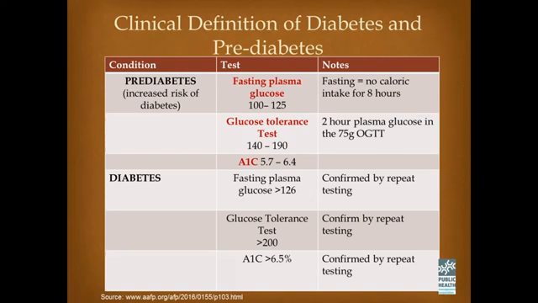So we're all aware of the screening tests and where the clinical cutoffs are for diabetes, but we also need to understand where the diagnostic criteria are for pre-diabetes as well. And as Dr. Daly said earlier, we can certainly test using any one of those three testing mechanisms: the fasting plasma glucose, the glucose tolerance test, and certainly the A1C. In my practice, I tend to use the A1C, and most of the clinicians in our practice tend to use the A1C more frequently.